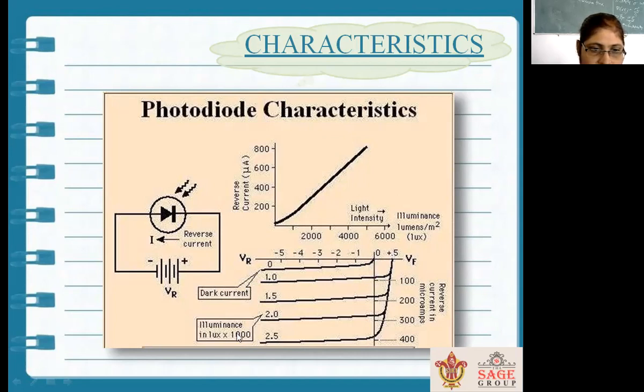With the increase in light intensity, you can see this light intensity is 1.5 lumen per meter square. Similarly, this light intensity is 2.0 lumen per meter square. So with the increase in light intensity, the current is increasing. That is, the light energy is converting into electrical energy. It means the more intense the light falling on the diode, the more electrons will take the energy, come out from the valence band and start flowing. Because of this, a comparatively high current will start flowing. So this is about the characteristics of the photodiode. Thank you.